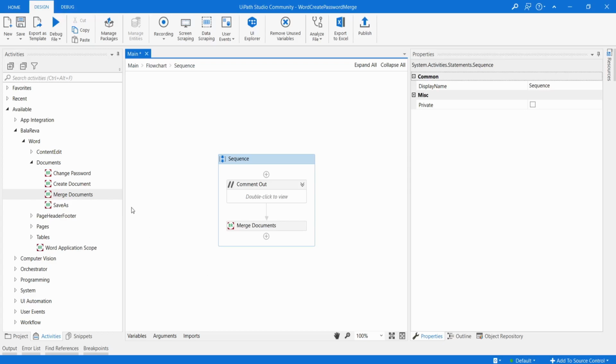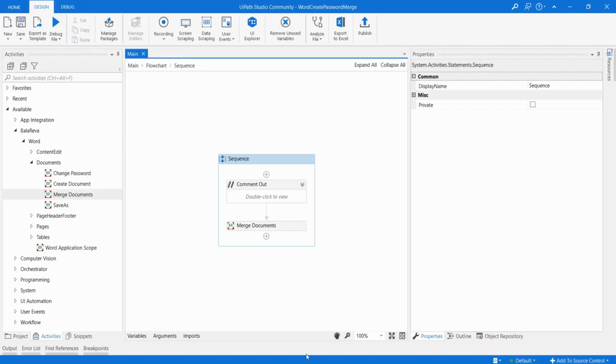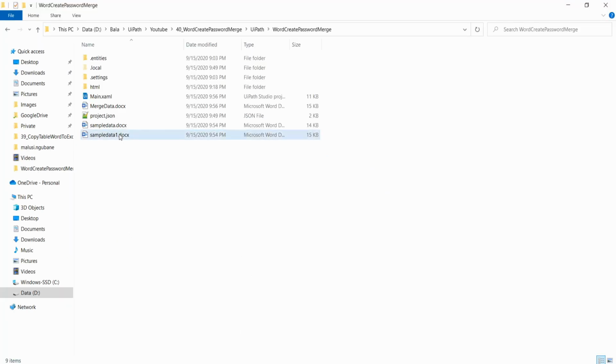I'm going to execute the process. Okay, it's finished. Let us check the output. See, the merge data file is created.